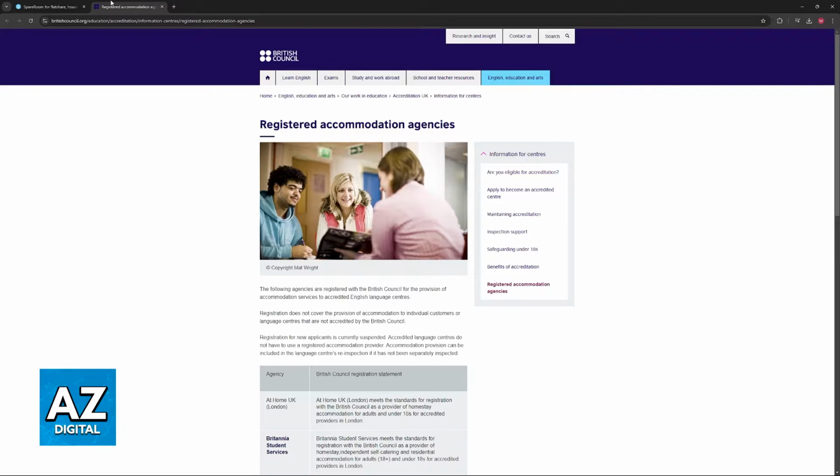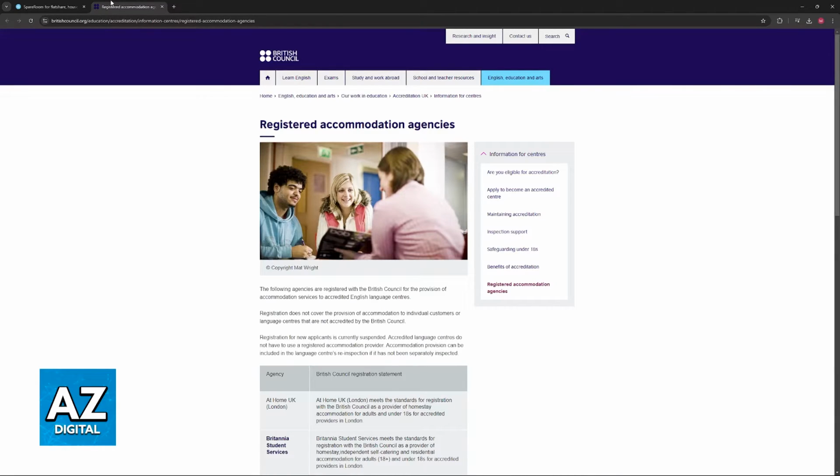So, first, for the most obvious one that I recommend everyone look into, it is going to be university accommodations. First, look for on-campus houses of residence. Most universities offer on-campus accommodation, which is often a convenient and secure option. You won't have to go through a lot of research and hoops. All that you have to do is talk to someone representative in there, and you might be able to get yourself a room.